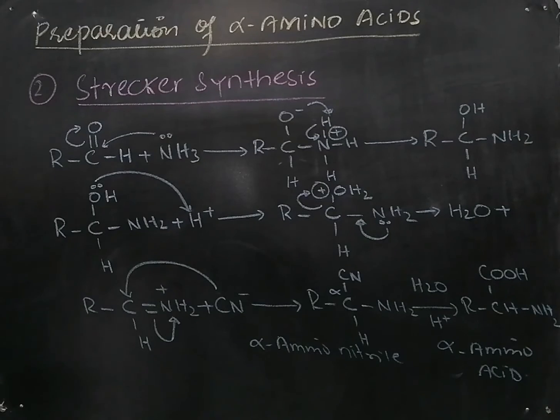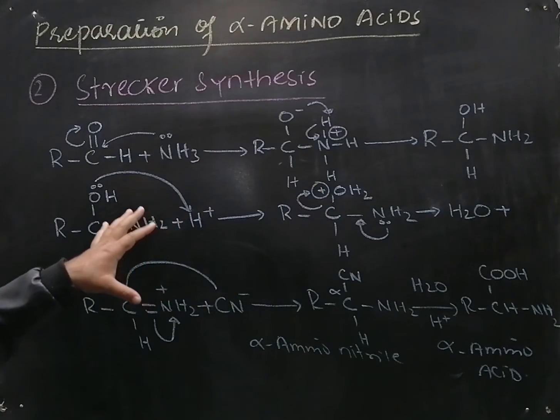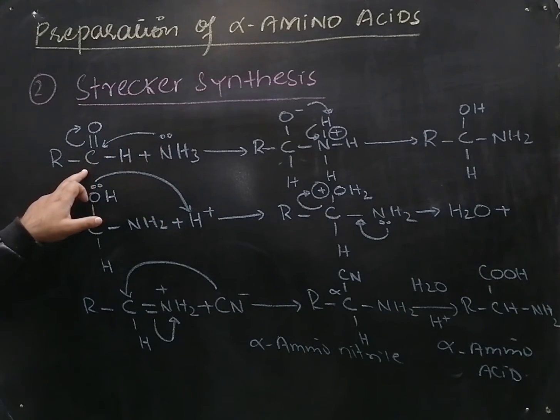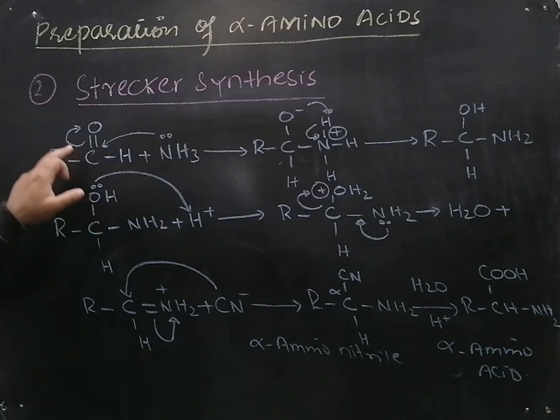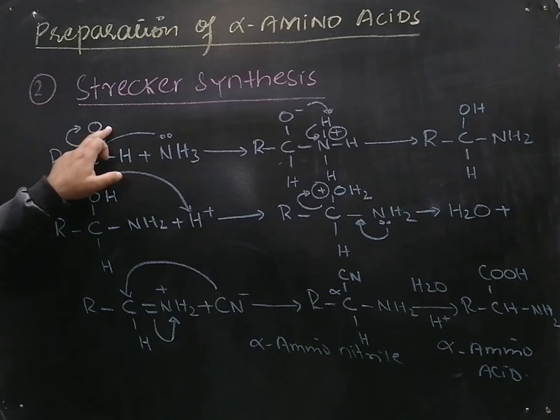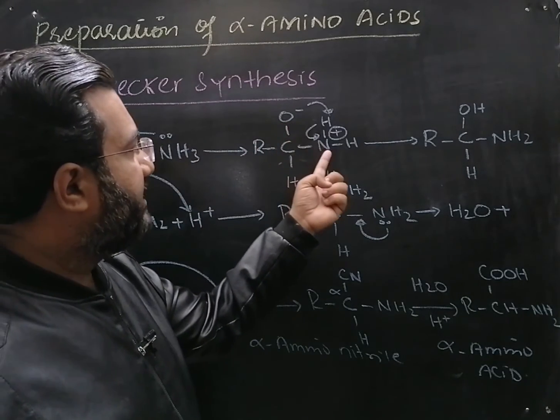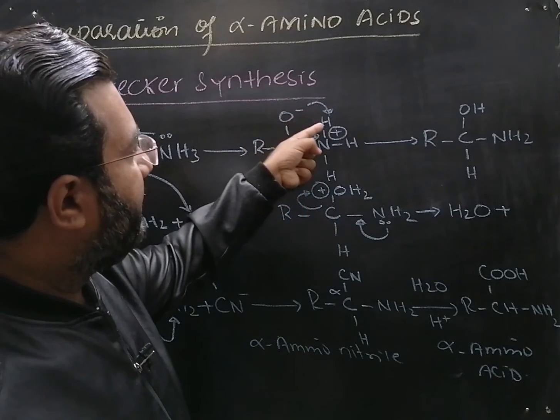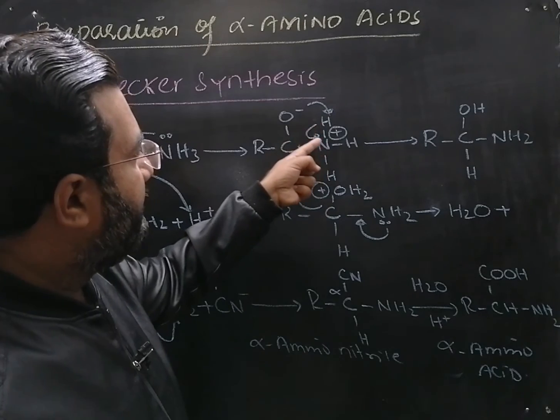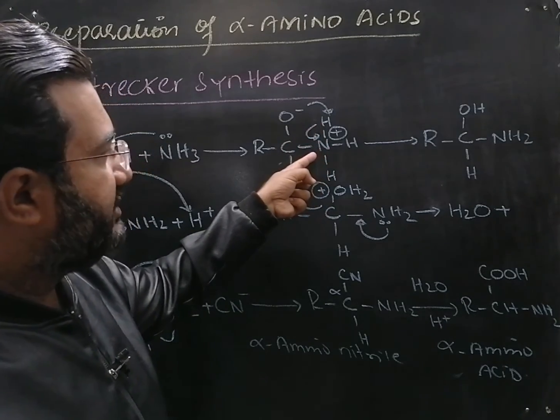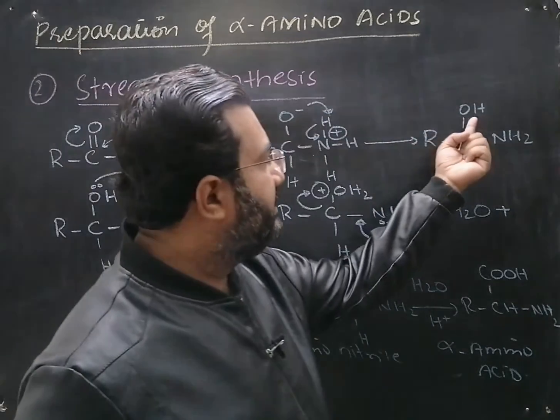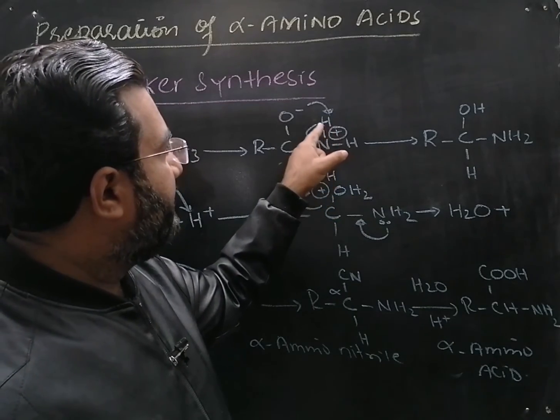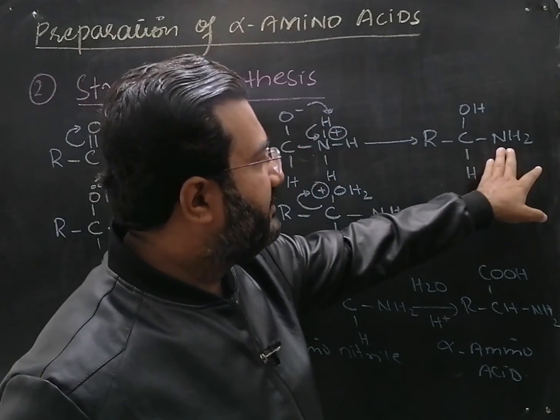So dear students, this one is the mechanism of the Strecker synthesis, in which at the first step the ammonia behaves as a nucleophile and attacks the carbon of the carbonyl group of the aldehyde, and carbon shifts its pi bond to oxygen. As a result, the oxygen gets a negative charge and the nitrogen of the ammonia gets a positive charge. Now in the next step, the negative oxygen attacks the hydrogen of this ammonia, and the hydrogen gives two bonded electrons to the nitrogen. As a result, the negative charge of the oxygen, because of this H positive, is neutralized, and the positive charge of the nitrogen, because it gets two electrons, also becomes neutral now.